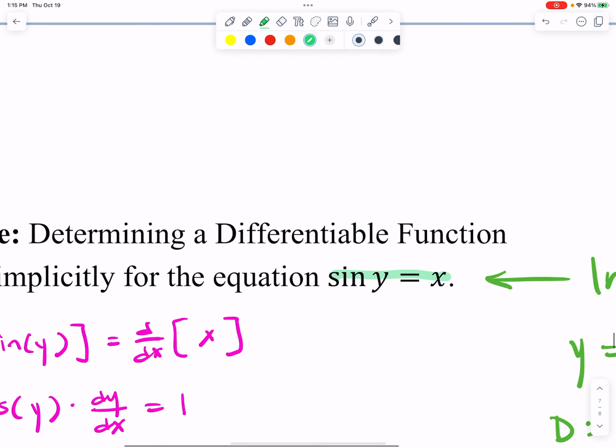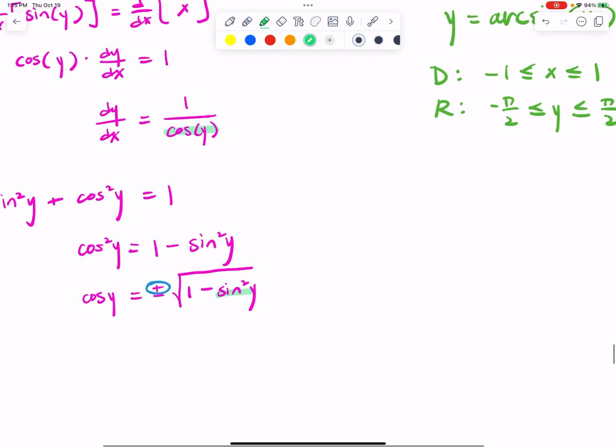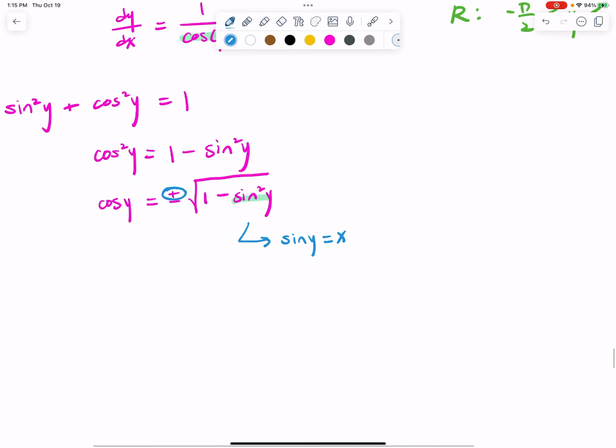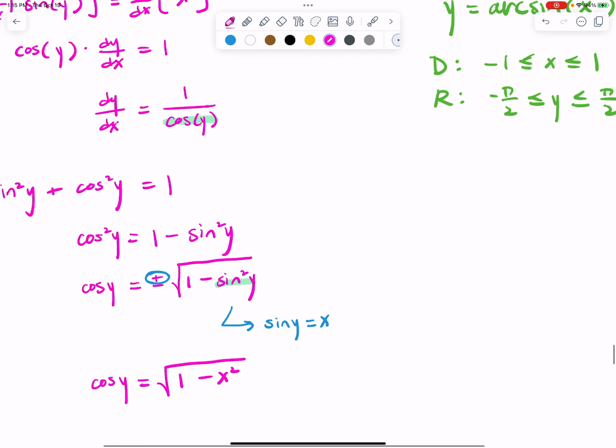Okay. We also know what sine of y is, right? Sine of y we were given is equal to x. So we can make this statement, right? Since sine of y is equal to x, we can replace sine of y and say that cosine of y is equal to the positive square root of 1 minus x squared. So this derivative could also be written as 1 over the square root of 1 minus x squared,